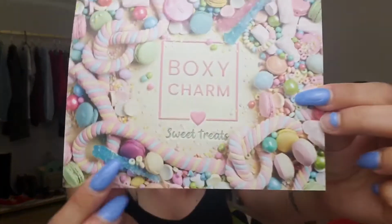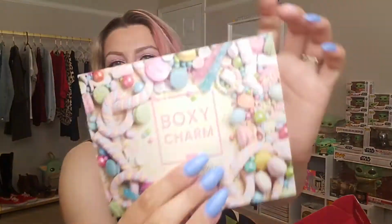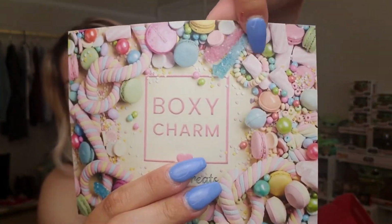So let's go ahead and open up this BoxyCharm box. Let's see what's in here. Alright, so here's the card for this month. It is Sweet Treats. Look how cute. Look at all the candy. Oh my gosh, you guys remember rock candy like this? I remember getting this on field trips and stuff. Takes you back to being a kid. Alright, I'm just going to take this little bubble wrap out and we're just going to follow